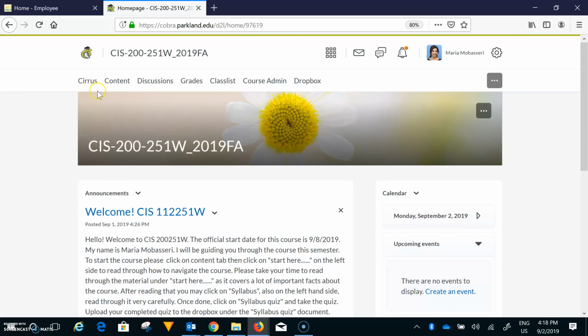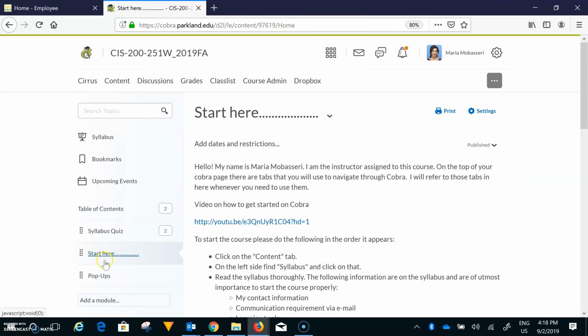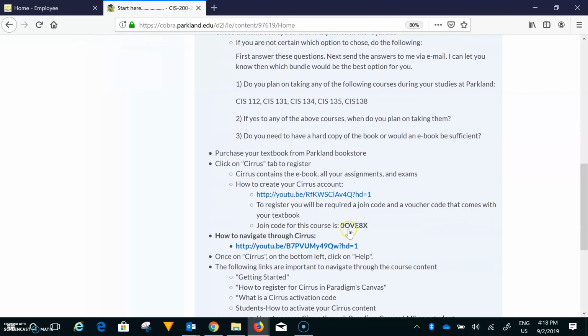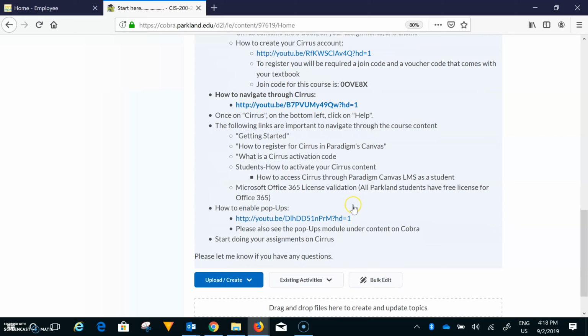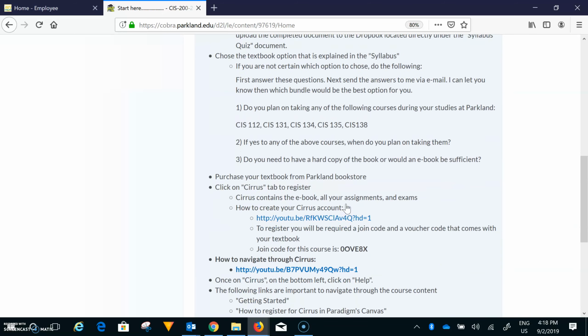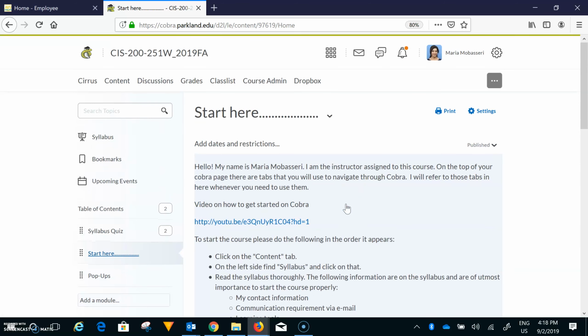Now, to do this, you need a join code and an activation code. Your join code, if you go to content and you go to start here, is right here at the bottom. It is 0OVE8X, and your activation code comes with your textbook bundle. So whichever textbook that you get, it comes with that. I am going to use a temporary code for the purpose of demonstration for you guys,